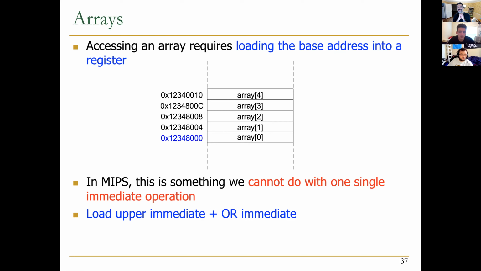Noah, do you know the answer? Could you repeat the question real quick? The question is, why in MIPS don't we have an instruction that we can use the whole number 1, 2, 3, 4, 8, 0, 0, 0 as an immediate number in order to put this number into a register? Why don't we have such an instruction? I'm not talking about a pseudo instruction. I'm talking about